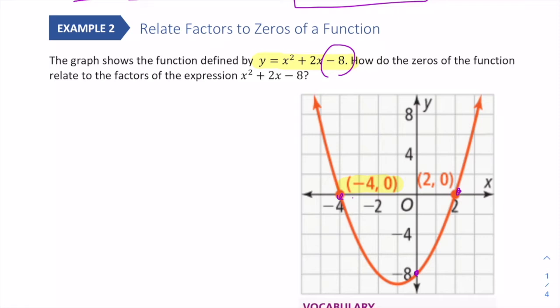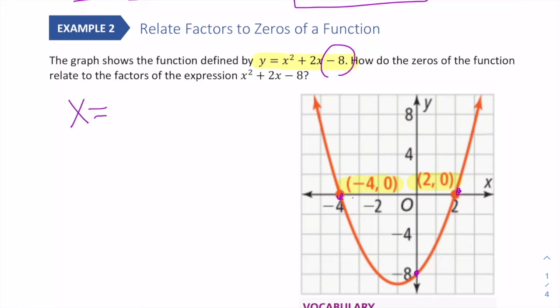And then the second one, 2, 0, is the second x-intercept. And we call it a zero because that's when y equals 0. But we also can call it an x-intercept since we have the coordinates. All right, so if we know that